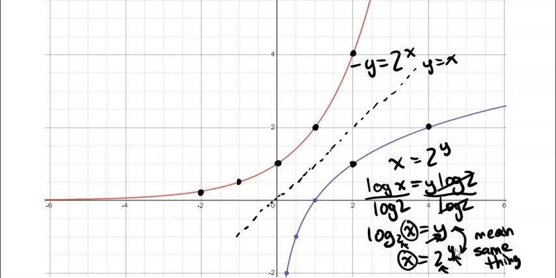So x equals 2 to the power of y is log base 2 of x equals y. Notice that 2 is a little subscript that's written below there. It means the same thing as log of x divided by log of 2. Well, let's look at more about what this means. So first, in exponent form,